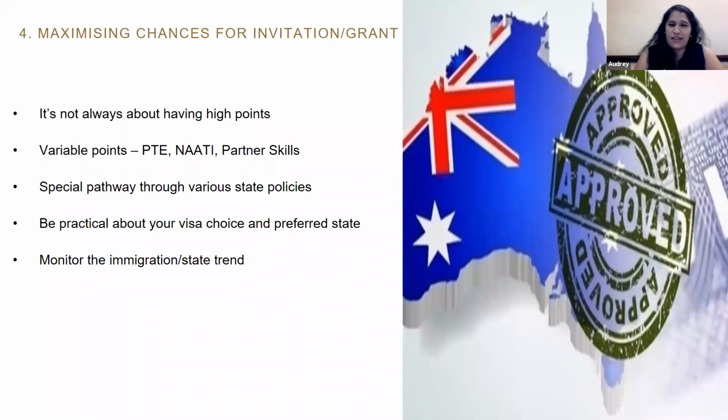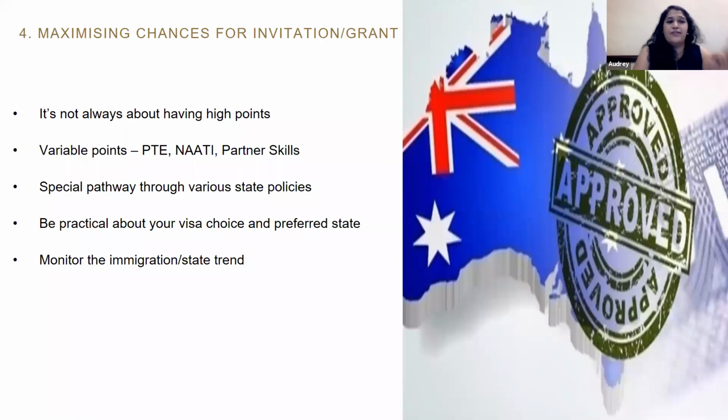It's a new development that I just got to know about last month or so. That gives you additional 5 points. If you have a partner who also has a skill, then we can also assess your partner. Sometimes the clients do not send the CV of the partner to say, oh, she's a housewife now, so she doesn't have a skill. But still, let us do the assessment, because sometimes we can still get the skill from the partner just by the qualification. Okay, so this is how we push up the points.